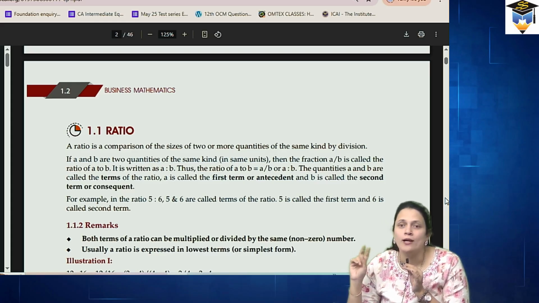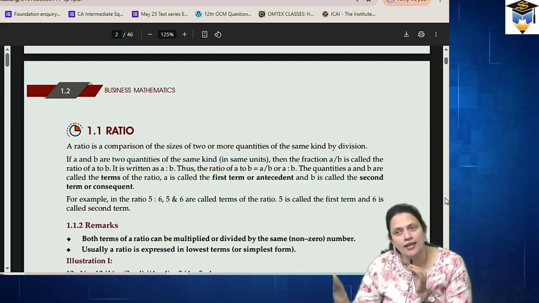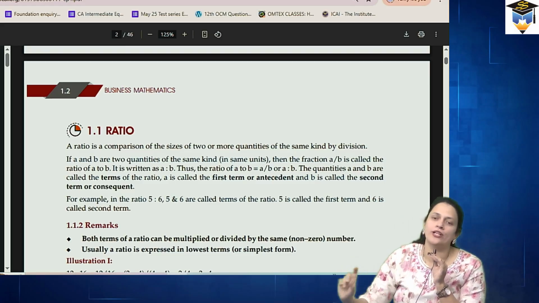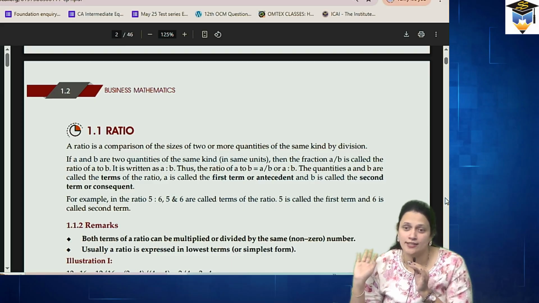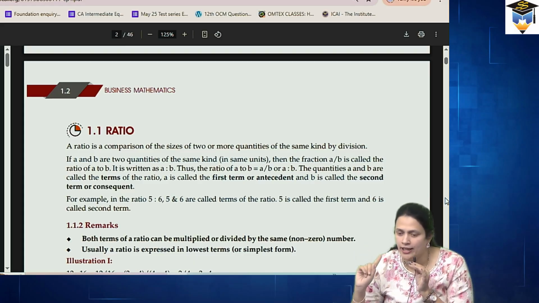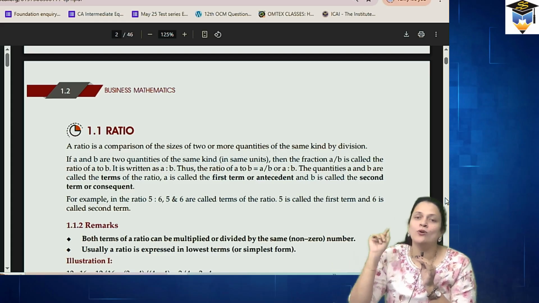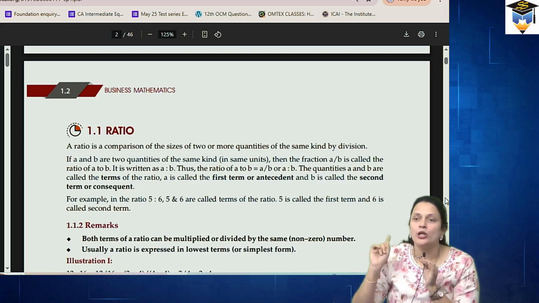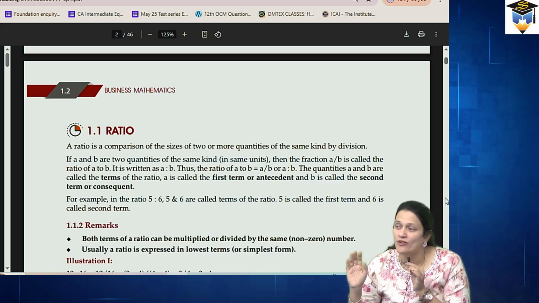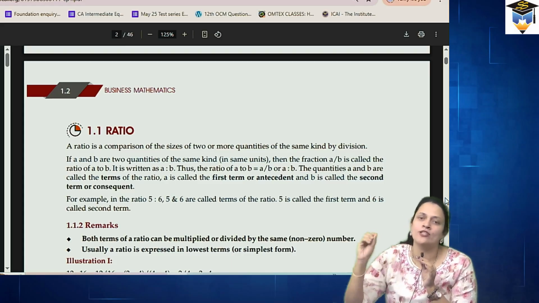When we talk about ratio, are units considered when you take the ratio of one quantity over another? Units are considered. Are you sure about it? No. A ratio is a comparison between sizes of two or more quantities, but you have to ensure that when you take the ratio, both the units should be the same, either in MKS or CGS system.